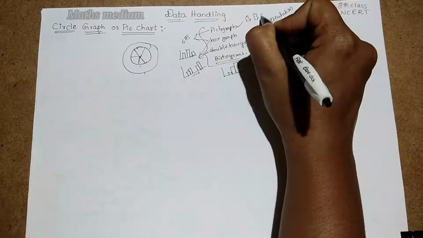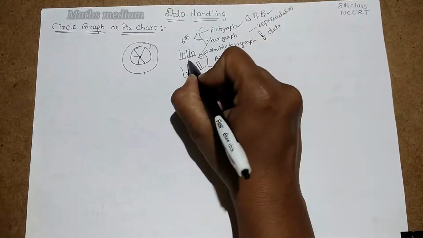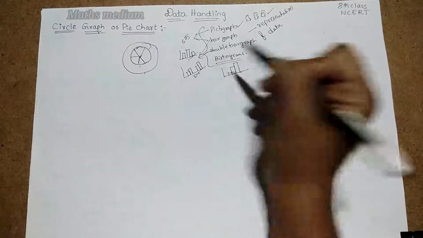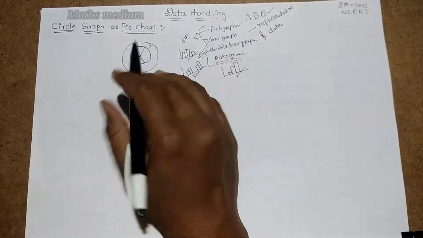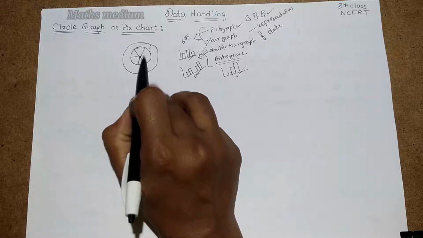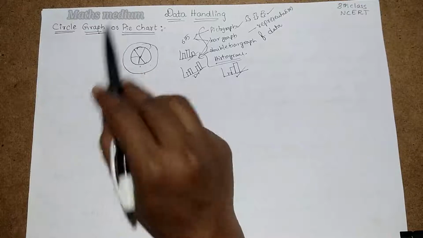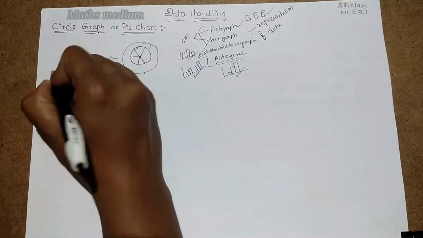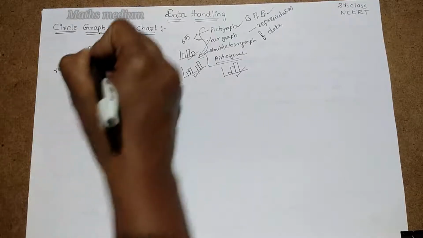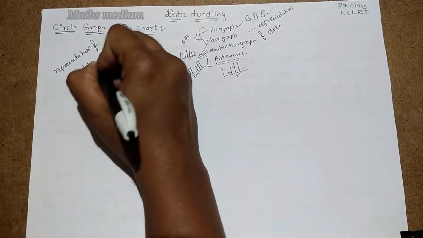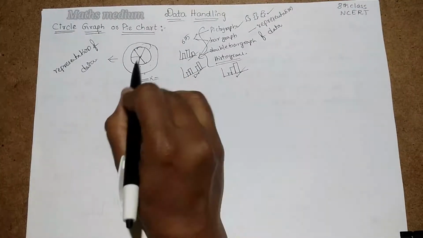So there are 4 ducks. How are we going to represent it, for example, like this. If it is bars, we can say this is a bar graph. In a double bar graph, we can say this is a double bar graph. In a histogram, we can say this is a histogram. Similarly, by watching this circle representation of data, we can easily say it is a pie chart. The pie chart is also used for representation of data that we have collected or organized, whatever is given. That is a brief explanation of the pie chart.